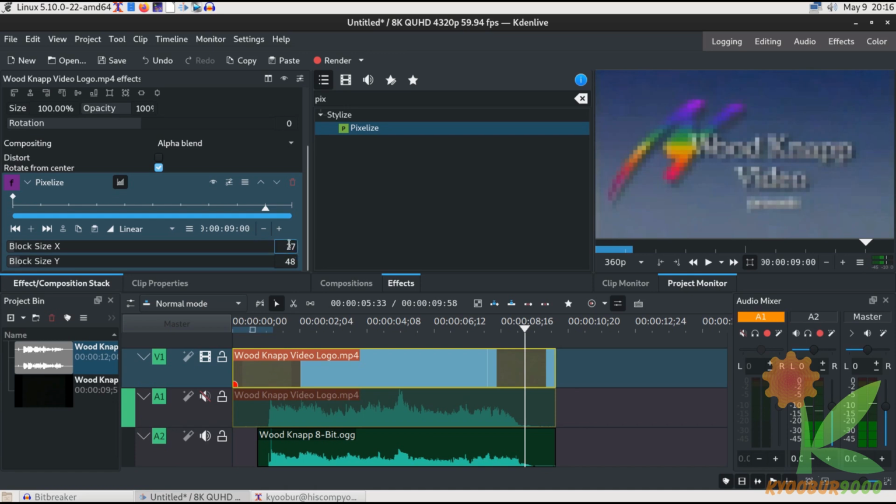Anything that is some number times 9 up here, and that same number times 16 down here, because we're dealing with widescreen video. If I did 48 by 48, then the pixels would have the same aspect ratio as the video, and that's not what we want. We could do smaller pixels if we wanted to. We could do 18, and 2 times 16 would be 32 if we wanted to,